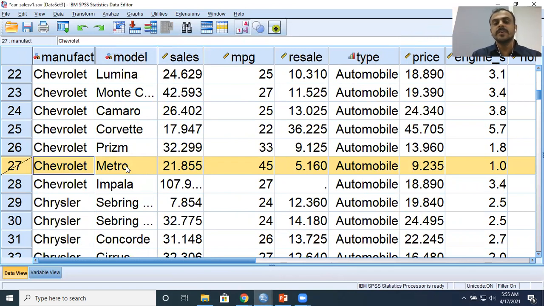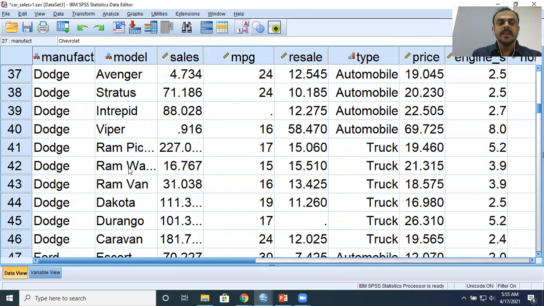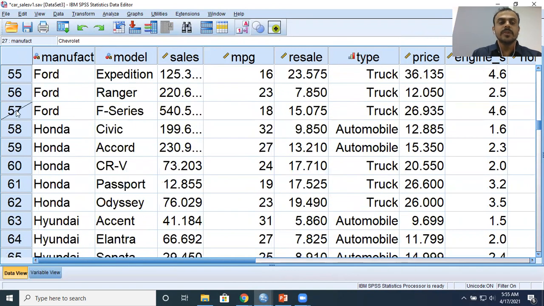So this particular case will not be considered for further analysis. If I further scroll down, you can see the 57th case, which is F-Series, again has been struck off. It will not be included in your analysis. So Metro and F-Series, I've removed these two cases here because my correlation coefficient will not be reliable in the presence of outliers.